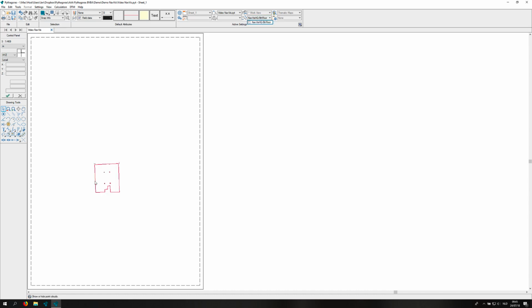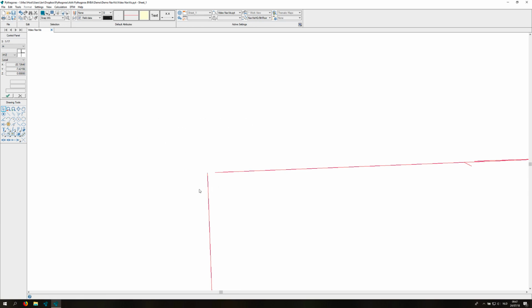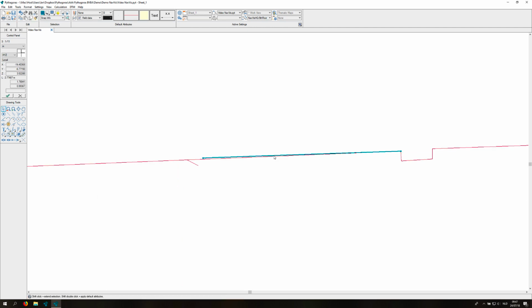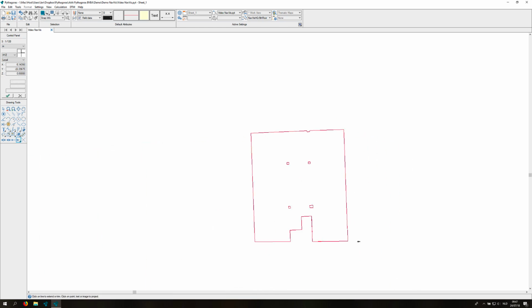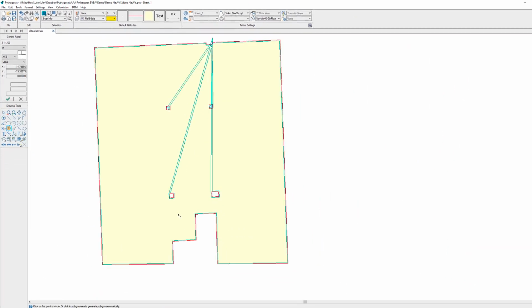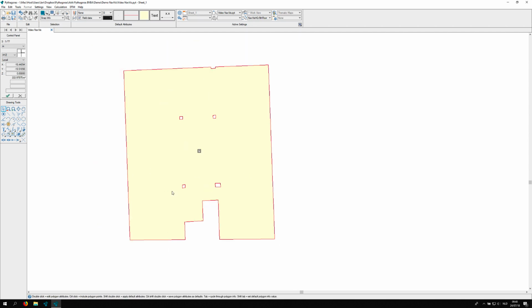Moving back to the 2D window, we can start editing the result by deleting objects and trimming and extending a combination of lines to create one nice looking map. When the editing is complete, we will first add a polygon. So this is like a hatch to fill up the closed area between the lines.